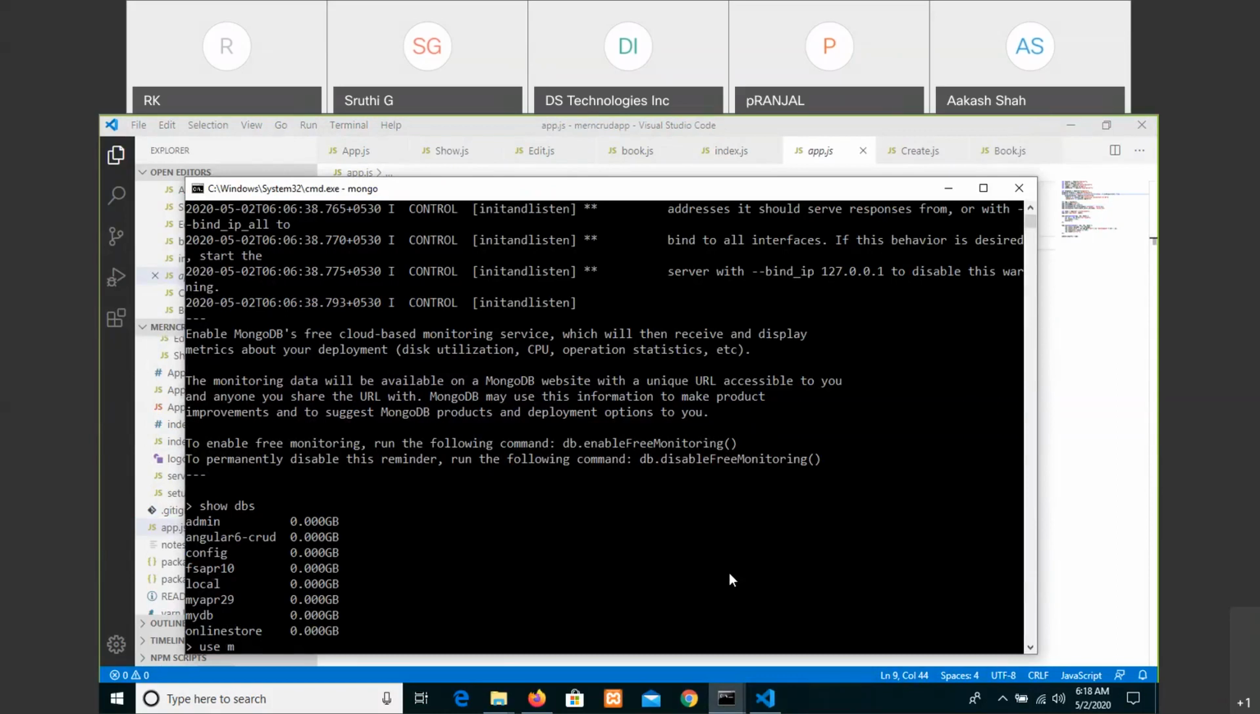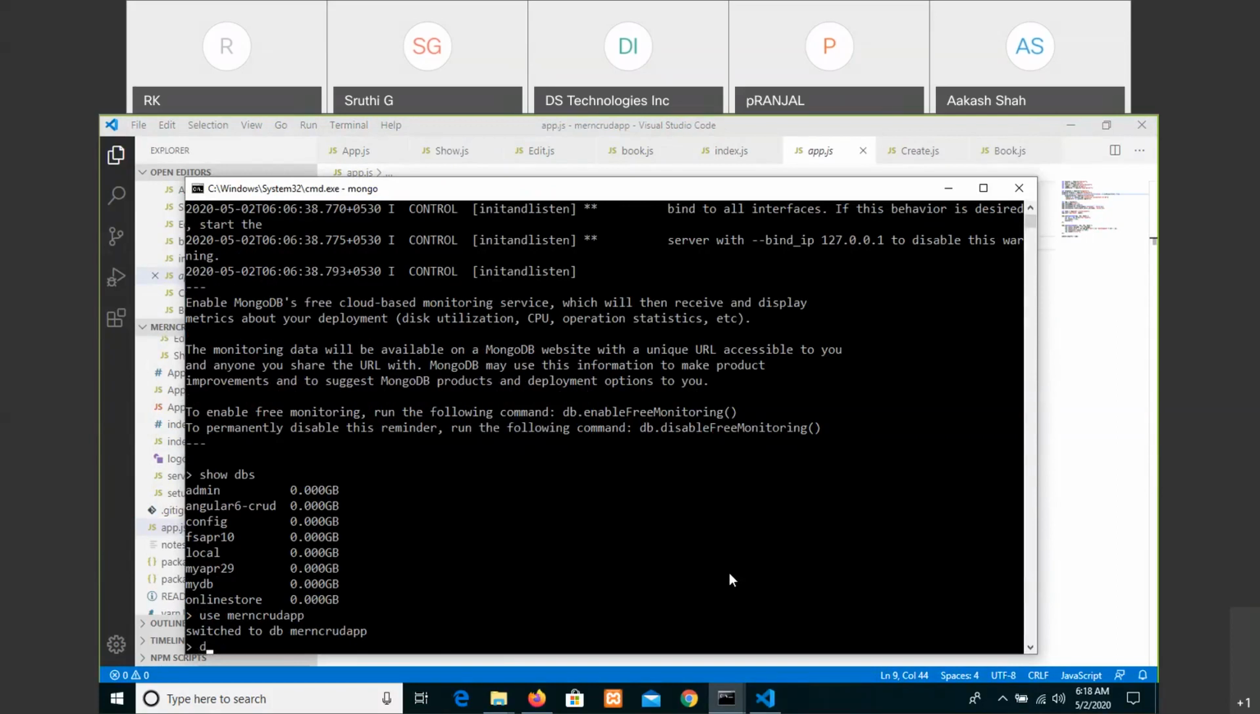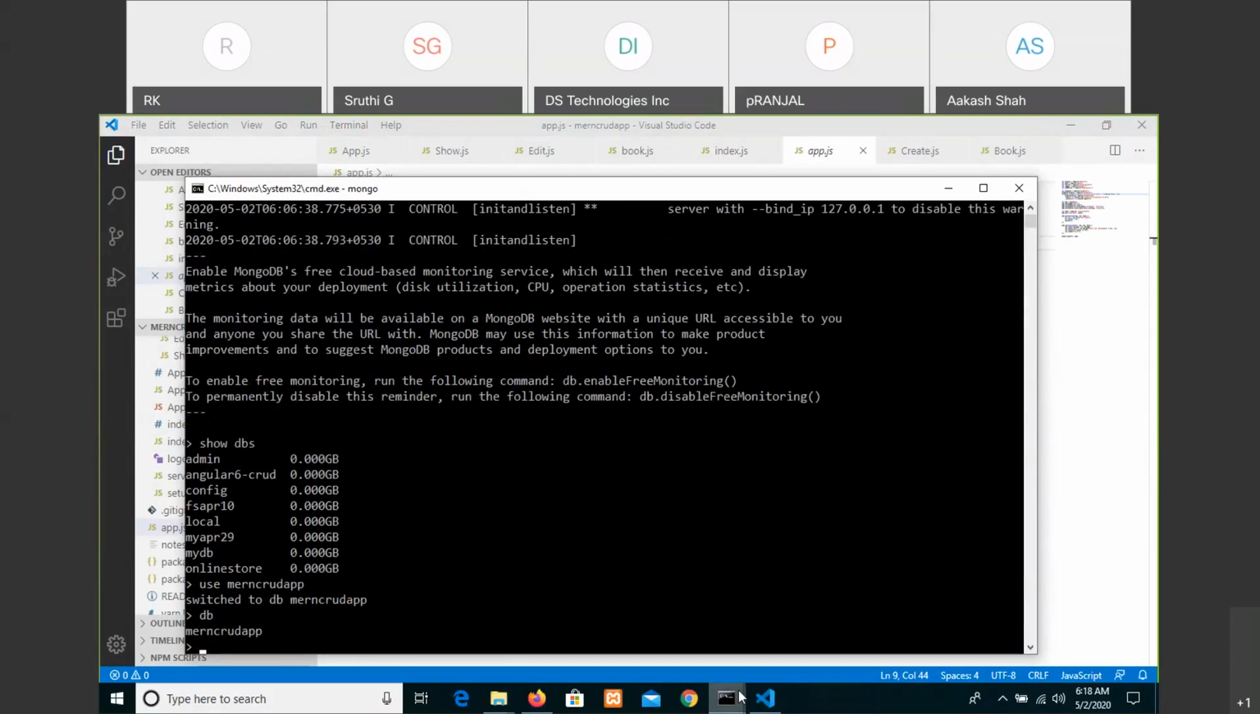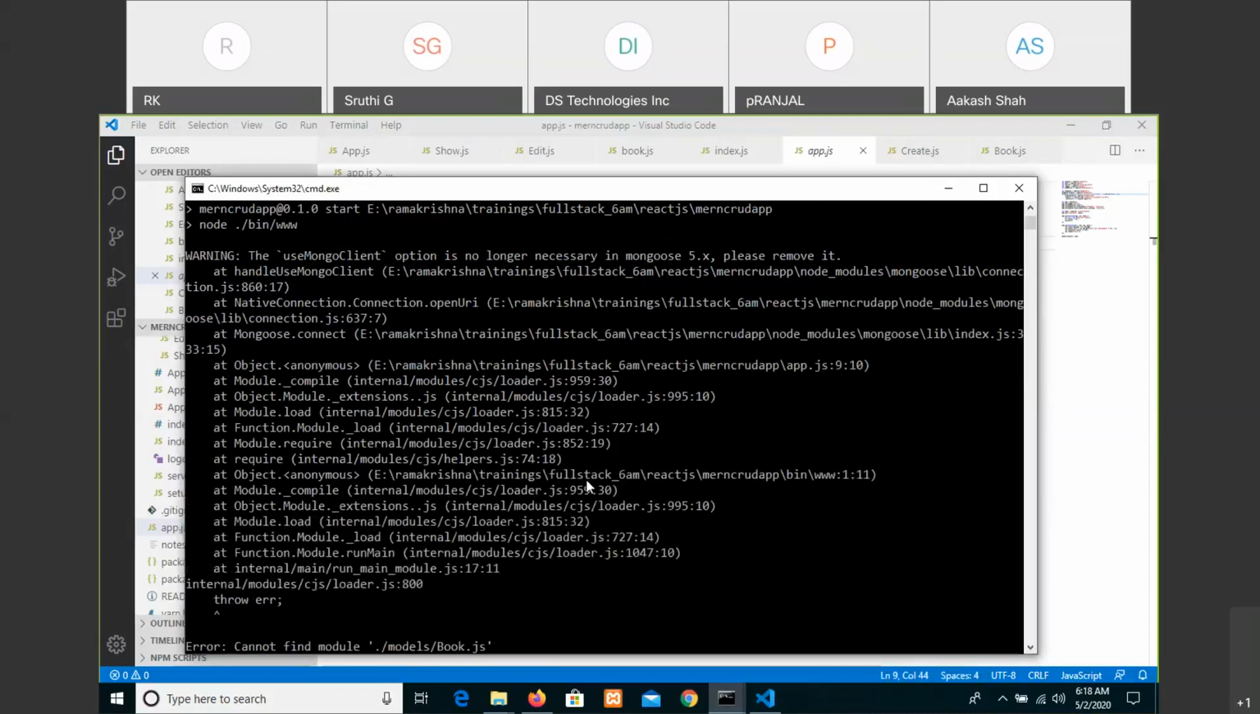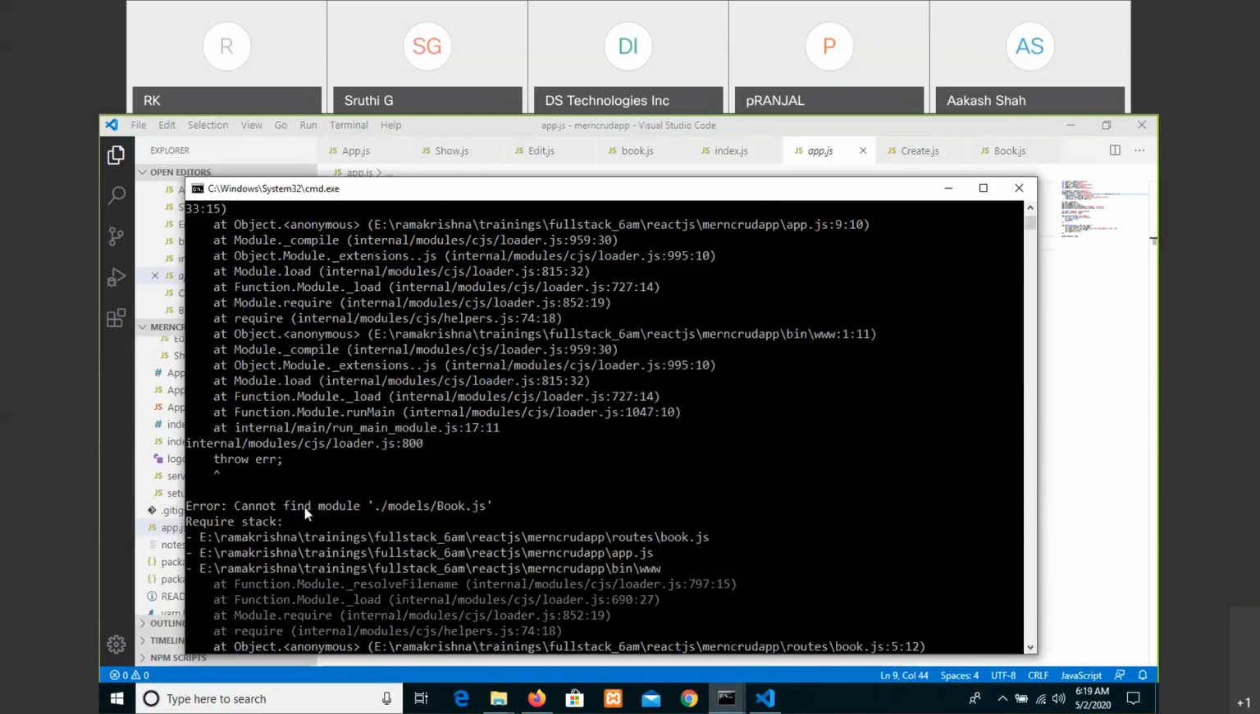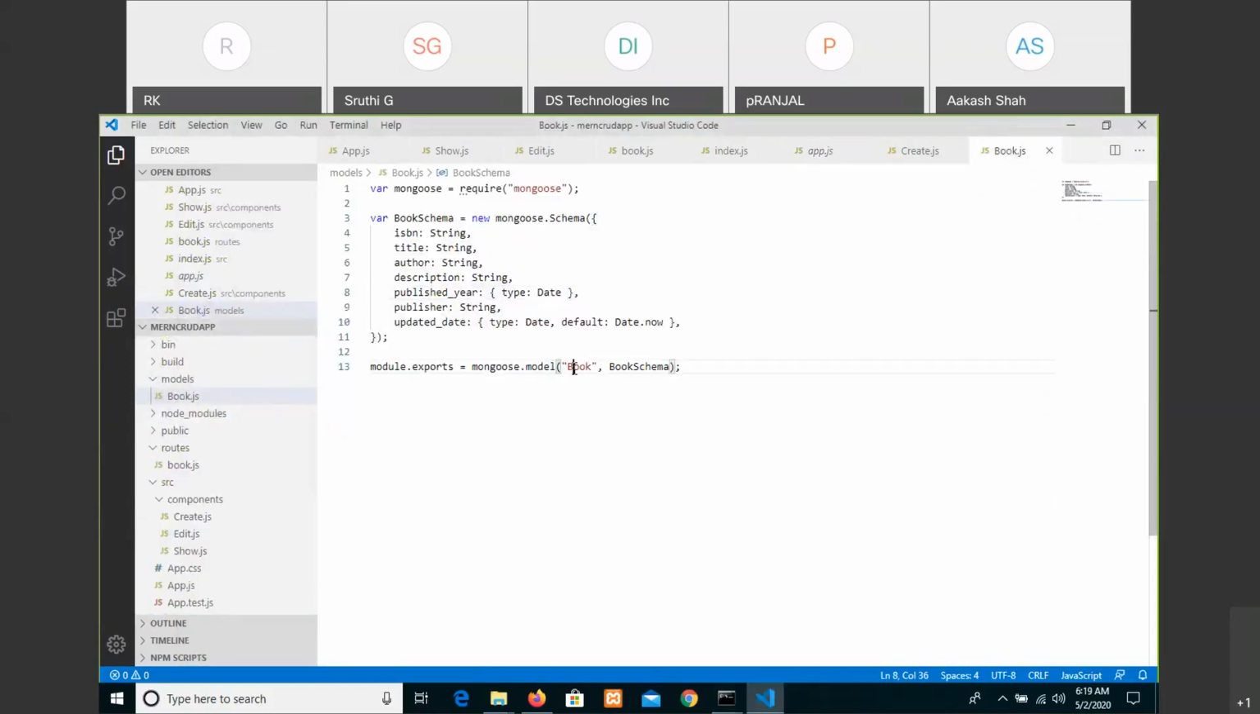Use Mernecrud app and then enter. And then actually what it is saying is that it's not able to connect. Okay, now cannot find module in models book.js, so it is unable to find that model. Now let us